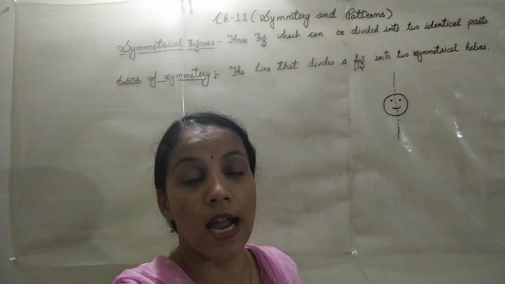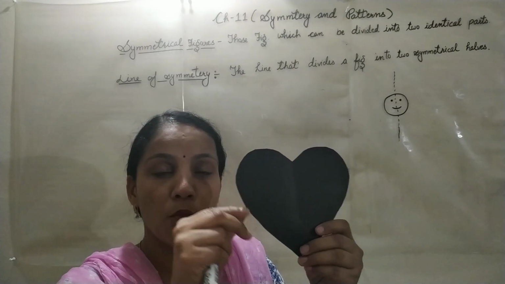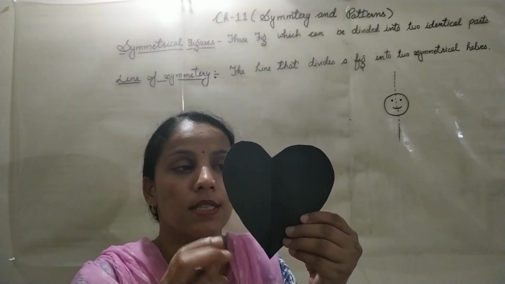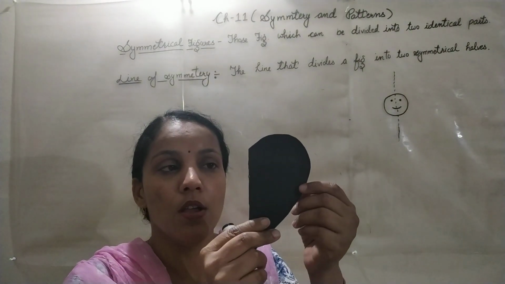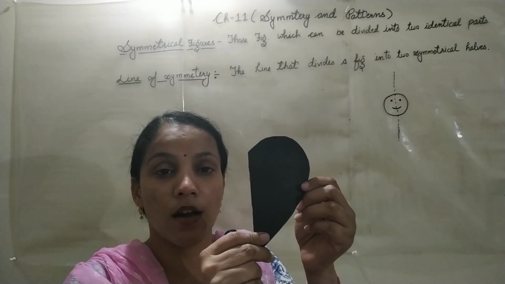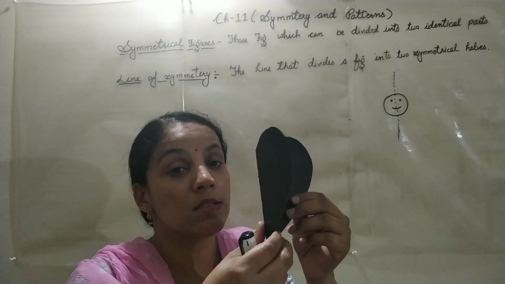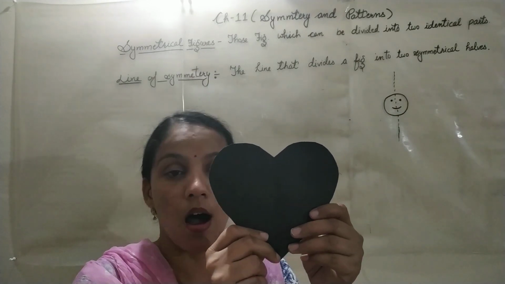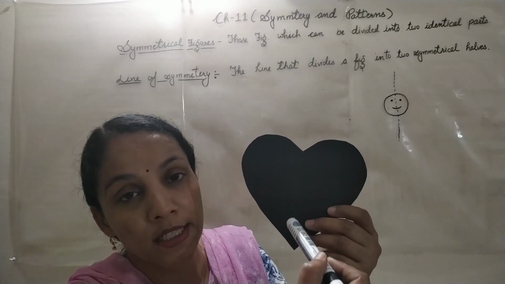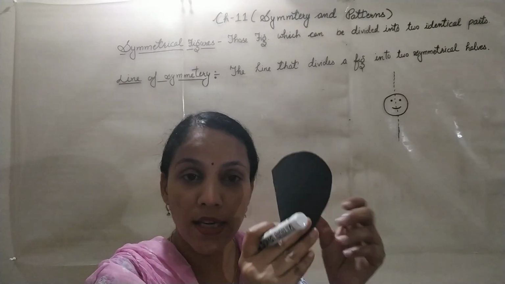For understanding this, I am taking an example. Just see here, this is a figure of a heart. When we open this, a full heart is here. When we close this from the center, what happened? We get a half heart. One part of the heart is covered by the other half of the heart, and we call that a symmetrical figure. And the line from where we divide this into two equal parts, we call that line of symmetry. Okay, this is one example for you.